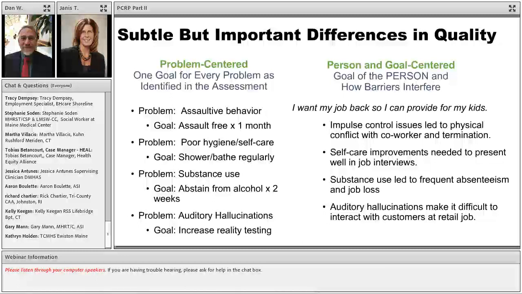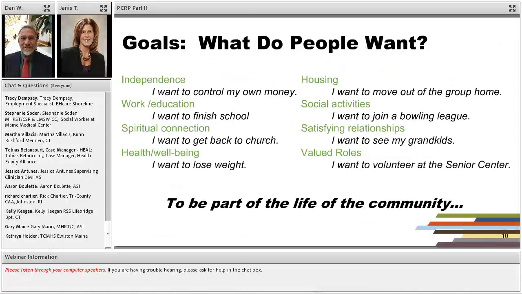Or maybe they're struggling with substance use, and that led to absenteeism in the past. So what you can hopefully begin to see here early on in my remarks is that it's not that the barriers are getting swept out of the picture. They're going to continue to get responsible attention in the plan. We're just going to be framing them insofar as they're really getting in the way of that valued recovery goal. So what are those valued recovery goals? What do folks want? People want the same thing out of life as everyone else, whether they live with a behavioral health diagnosis or not, right?